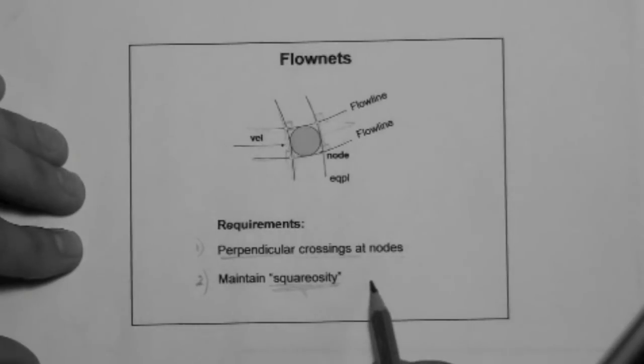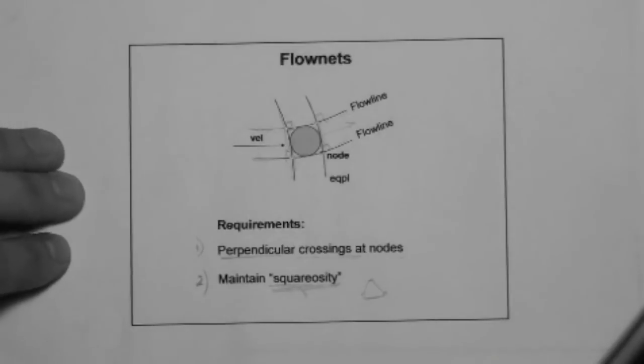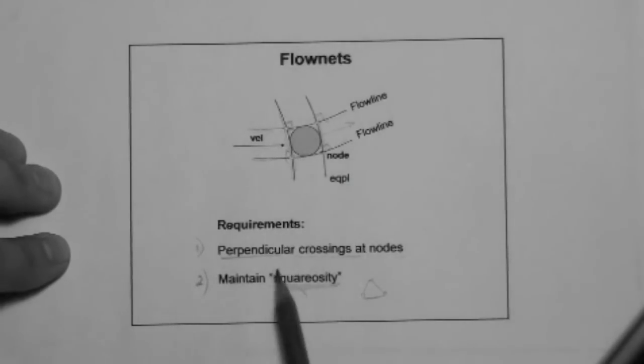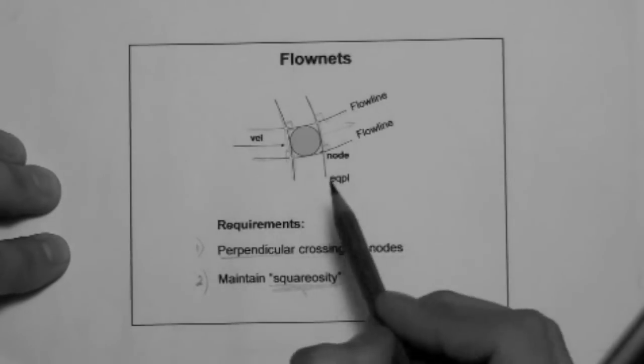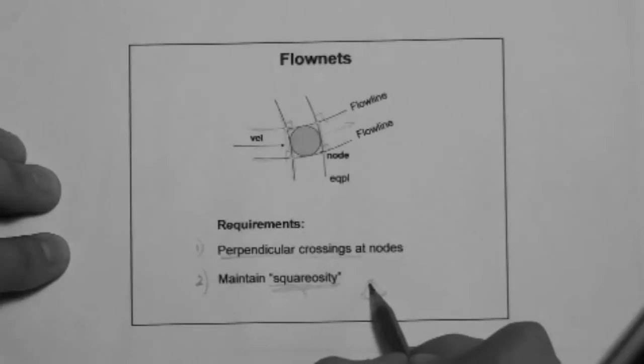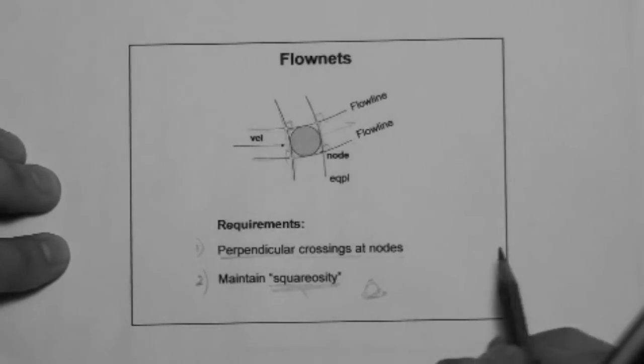The element can be something like this. It can be something like that, and that's a triangle. The idea is that you should be able to fit a circle in any element,